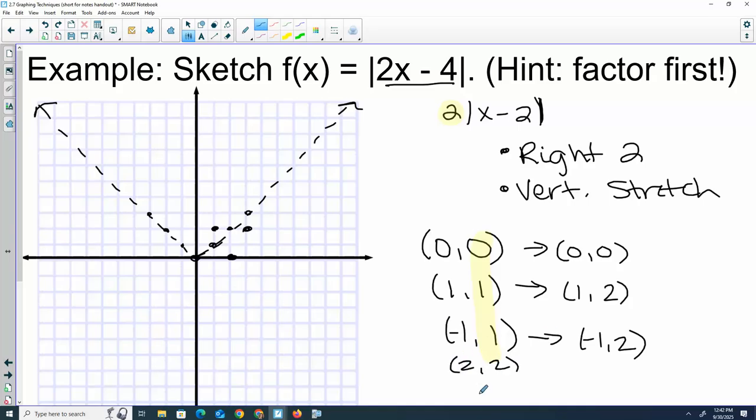Absolutely. We have 2, 2. Negative 2, 2. If you felt like you weren't sure, do some more points. Just take your y's times 2. So 2, 2 would move to 2, 4. And move it right 2. Okay, negative 2, 2 would go to negative 2, 4. Right 2. What we're getting is this skinnier absolute value